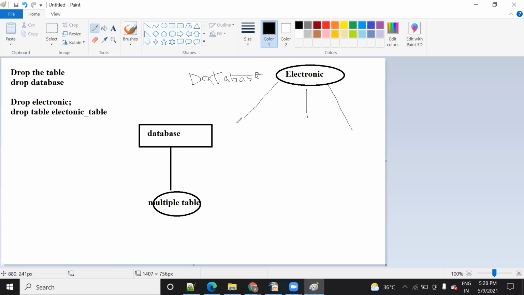Inside this electronic database you have a mobile table. You have another table for TV, refrigerator, which is also a kind of electronic. Another is computer, laptop, and accessories. C or L is for computer and laptop. So this electronic database will have multiple tables. This is your table. This is the structure we usually follow, meaning inside a database you can have multiple tables.